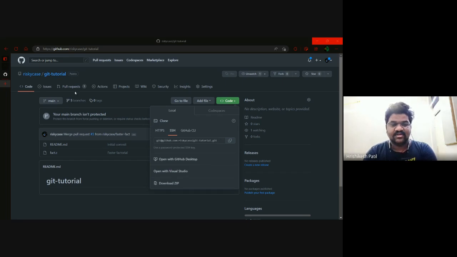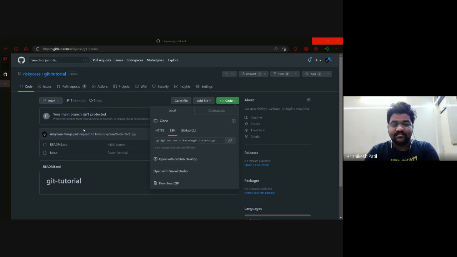You can see it has started. When I'm cloning this repository, what I'm doing is making a copy of the entire repository onto my laptop. And now if I get into that folder, say cd git tutorial,